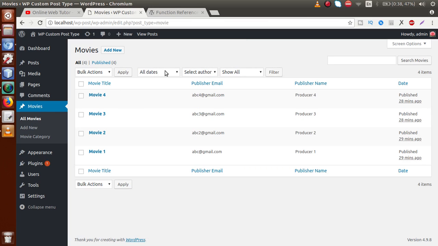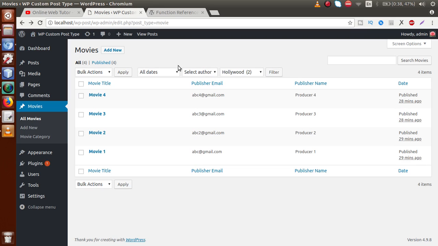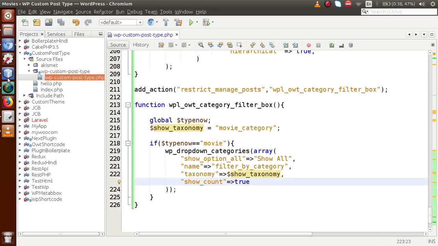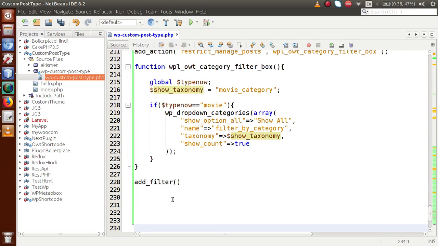By using this filter hook, we can filter out all the movies that we have registered. So right now it is not working. Okay, so we are going to use the parse query as the filter hook. So just back to editor, and now let's say add filter. Inside this add filter function guys, we are going to pass the parse query. Okay, parse query, and then as the second parameter we need to pass the callback function. So let's say WPL, that is WordPress plugin, and let's set it OWT